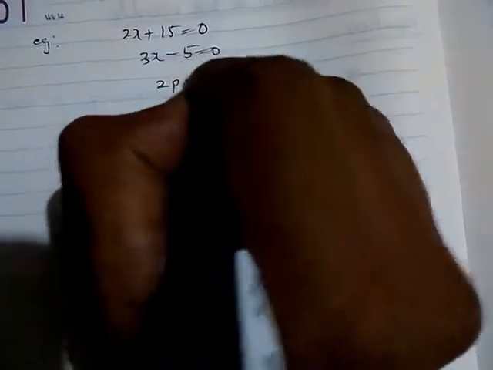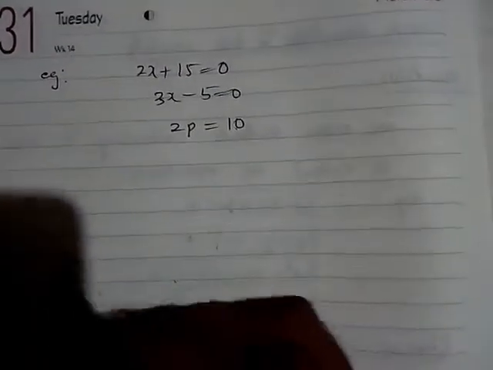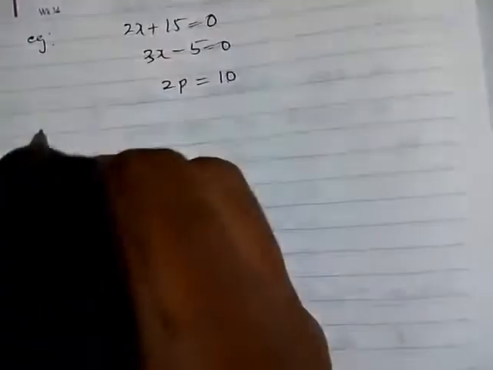See this example: 2x plus 15 is equal to 0, 3x minus 5 is equal to 0, 2p is equal to 10. So these are examples of simple equation or linear equation in one variable. So note: